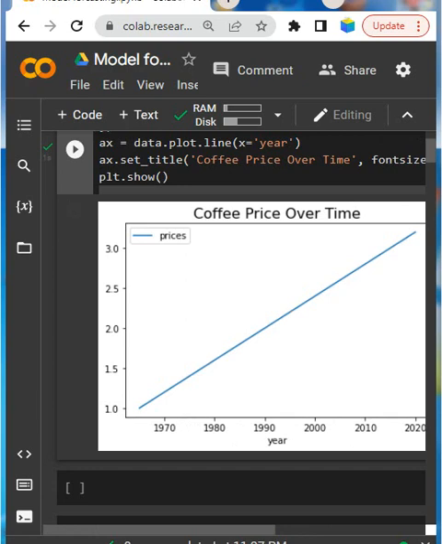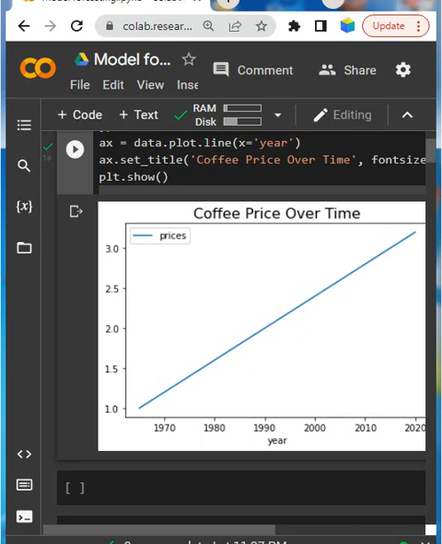This is the hypothetical example, the price of a cup of coffee over the years. In this data it clearly shows an increase of 20 cents in the price every 5 years.